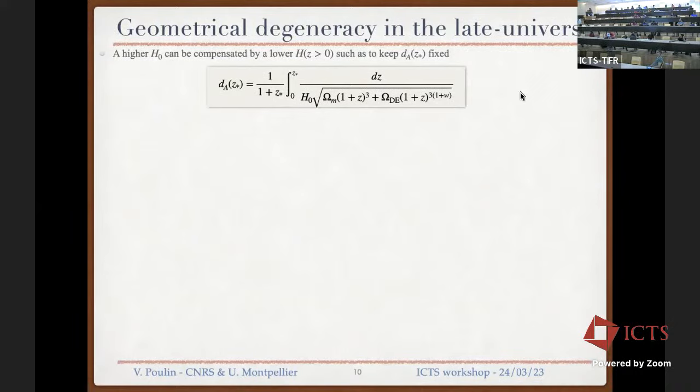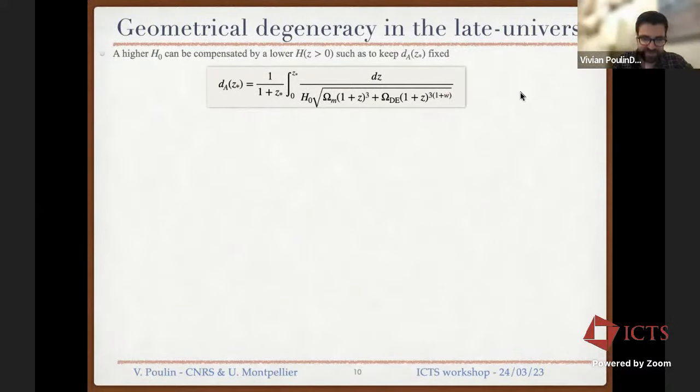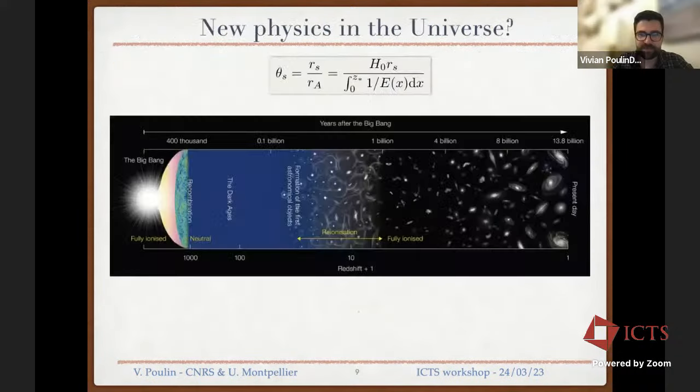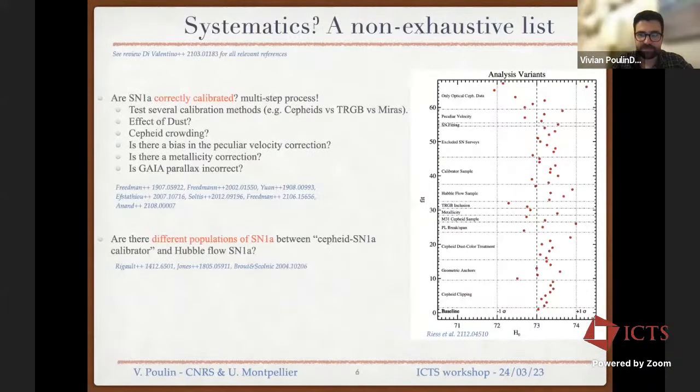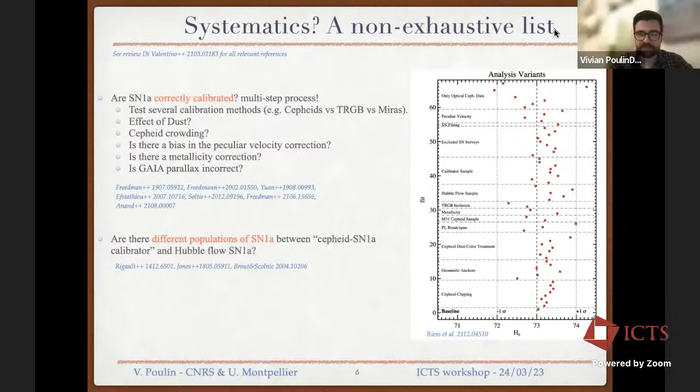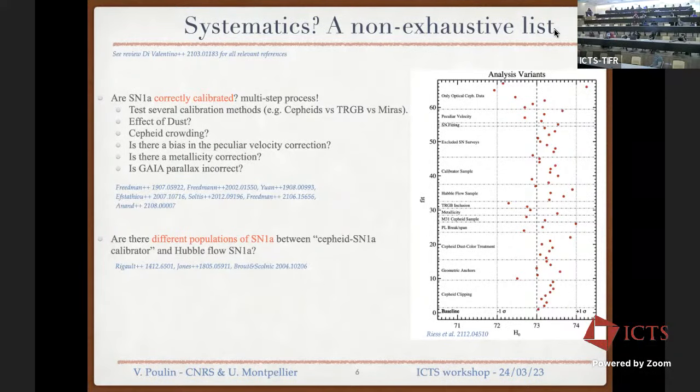Hi, Vivian. Great talk. Hello. Thank you. So I have a question regarding the plot by Adam and group on systematics from supernova. Do you know whether they have tried to see whether the population of supernovas which are particularly driving the measurement, with less error bar, have any significant correlation with metallicity properties or the stellar properties of the host galaxies? Did they do any that kind of systematic checks?